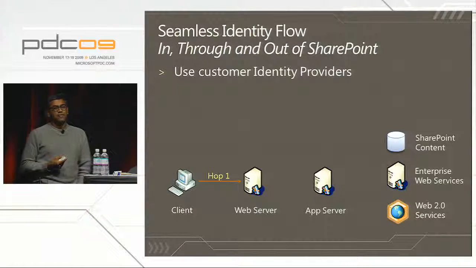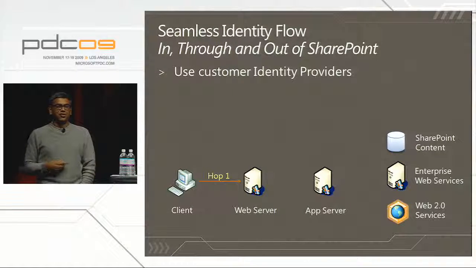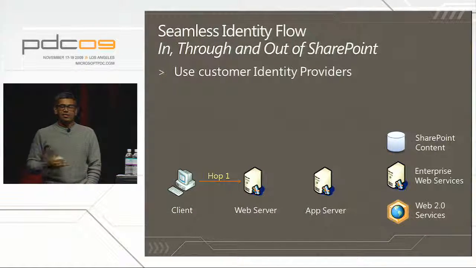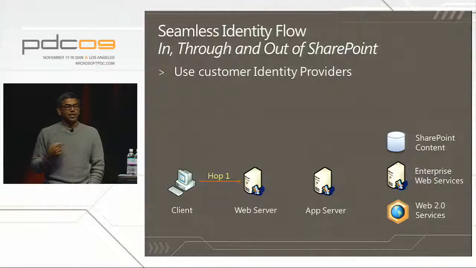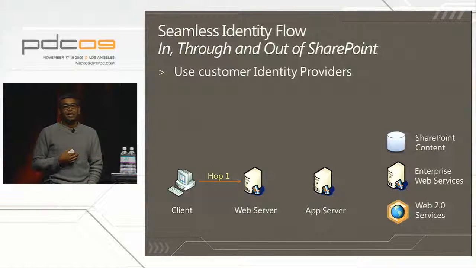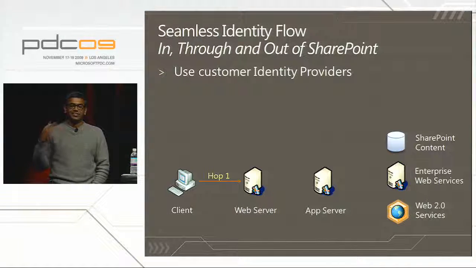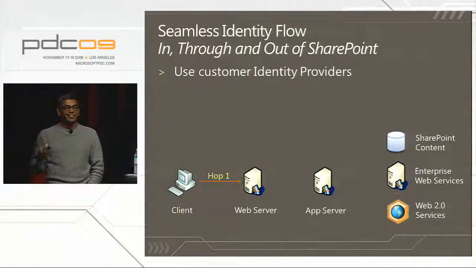So we have lots of installed identity providers at our customer site. So it could be Windows Integrated Auth. That's the one that we've done a long time ago. It could be ASP.NET Membership and Role Provider that we did in the last version. But as we found, there are lots and lots of them. There is ADFS, there is Ping, there is SiteMinder, there is, I can just keep going, Live ID. And every time